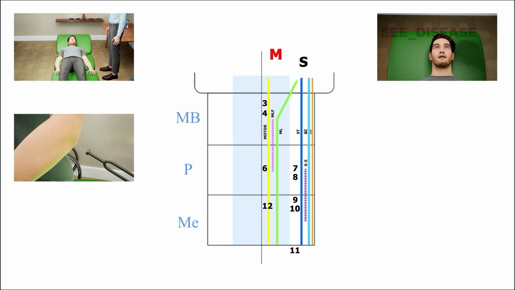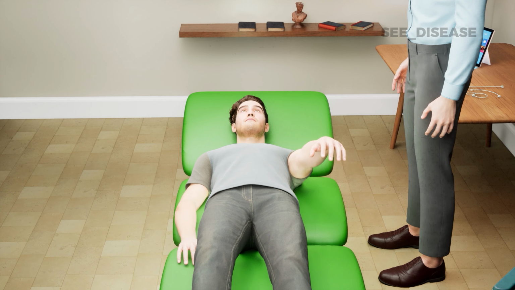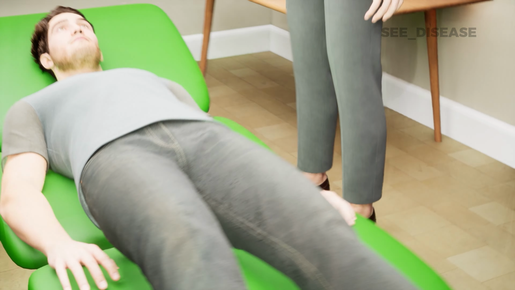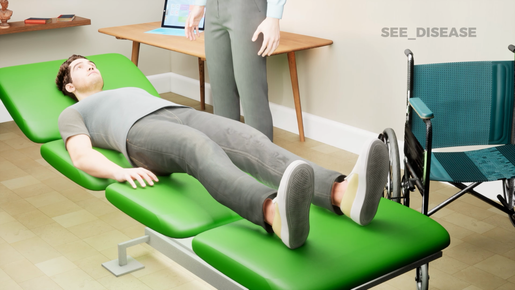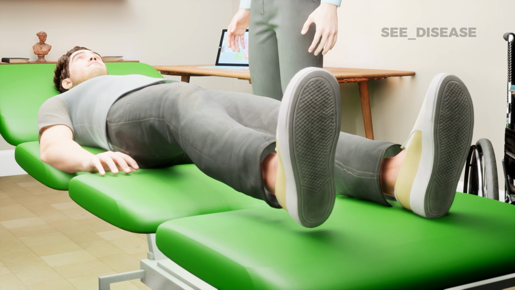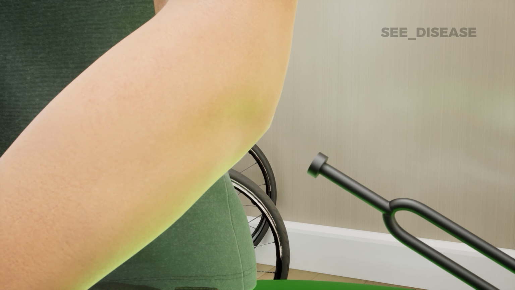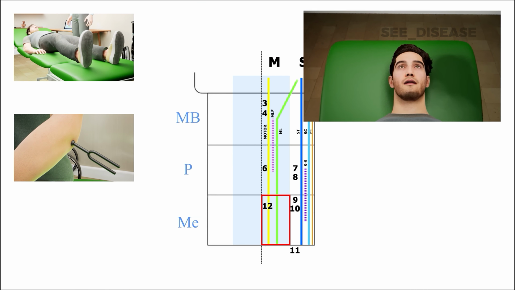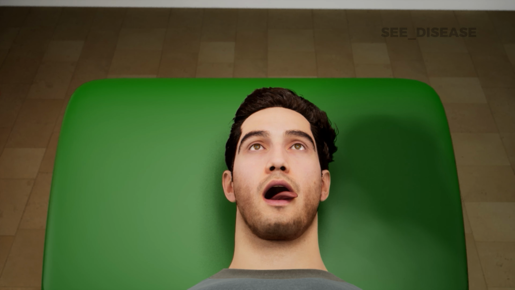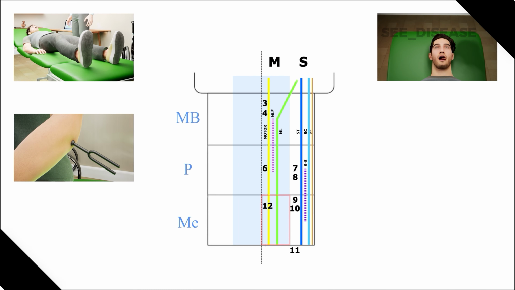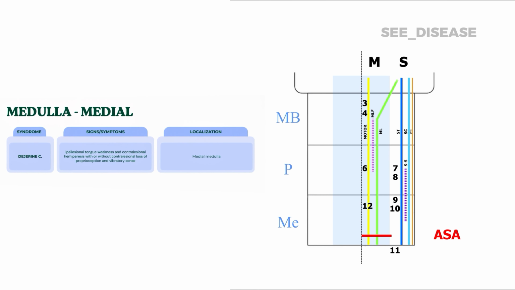Coming to the medulla, if the middle portion of the medulla is involved, you see the contralateral hemiplegia, contralateral loss of proprioception, and 12th nerve palsy, that is hypoglossal involvement on the same side. And the popular syndrome described is Dejerine syndrome. There is ipsilateral tongue weakness and contralateral hemiparesis and contralateral loss of proprioception and vibrations, which we have seen just now. The culprit artery is anterior spinal artery,